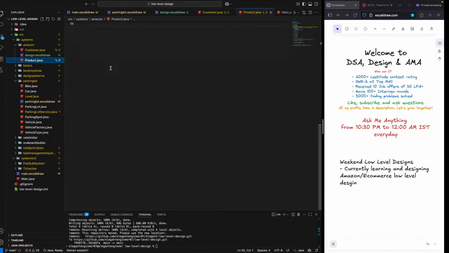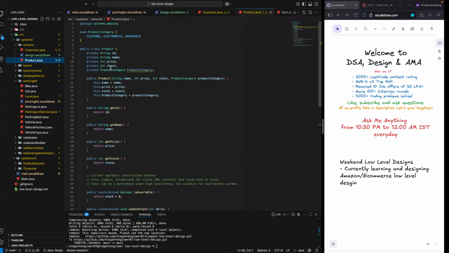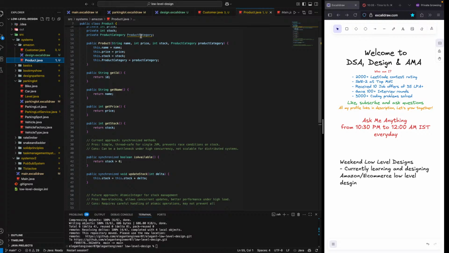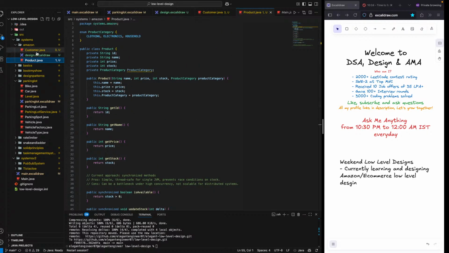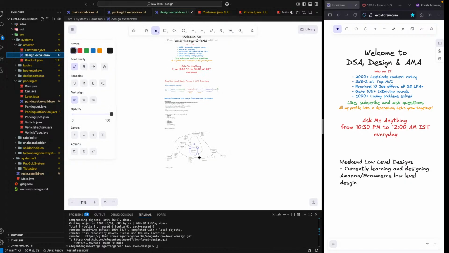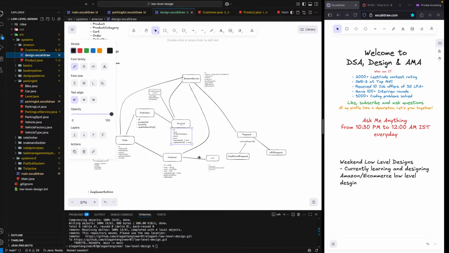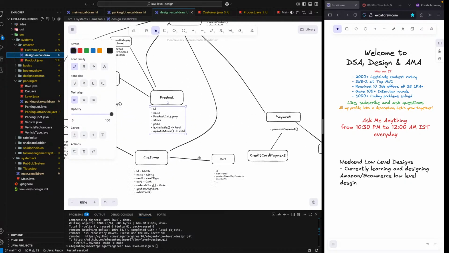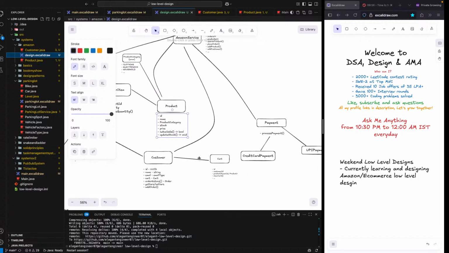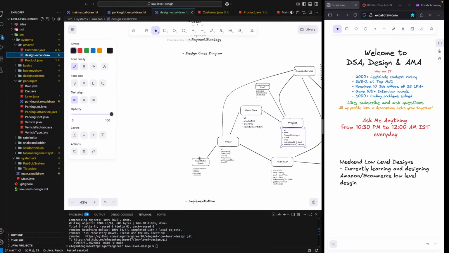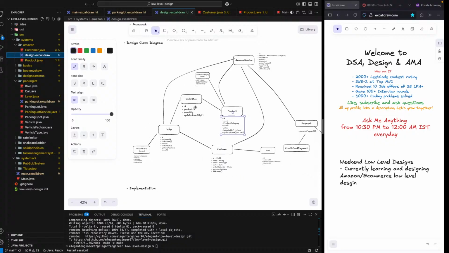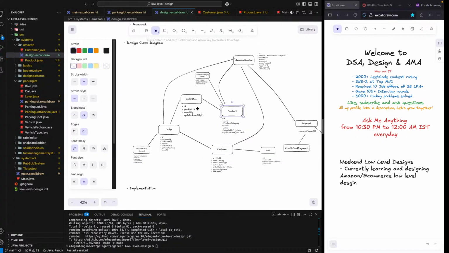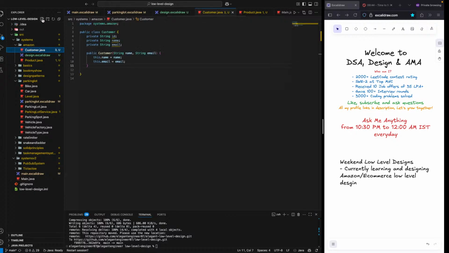So product is good. Product category is not used. Why is there get product category? Do we really need it? No, we don't need it. Going back to the classes, then what else we had? We had a cart. For cart, we need product. That is something that we can create later. But I would now go ahead with order item, right? Order item is the next. So we have customer, product, order item, and then order. Those make more sense. So we'll create a